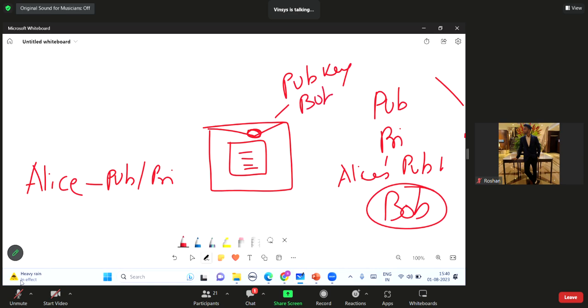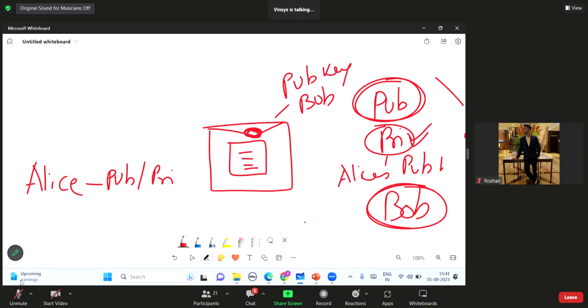See, now what has she done? She has locked this envelope, so she has encrypted this. As we have seen, if something is locked using Bob's public key, then it will only open using Bob's private key, right? So once this envelope is locked, who will be able to open it? Only Bob, because Bob is the only person in the world who knows the private key. So now nobody other than Bob will be able to read that file. So this is what confidentiality is.